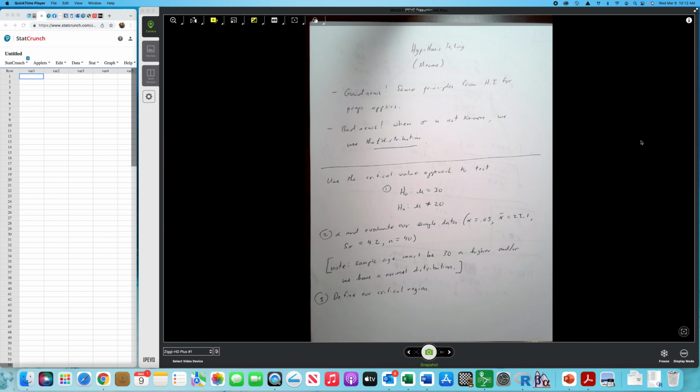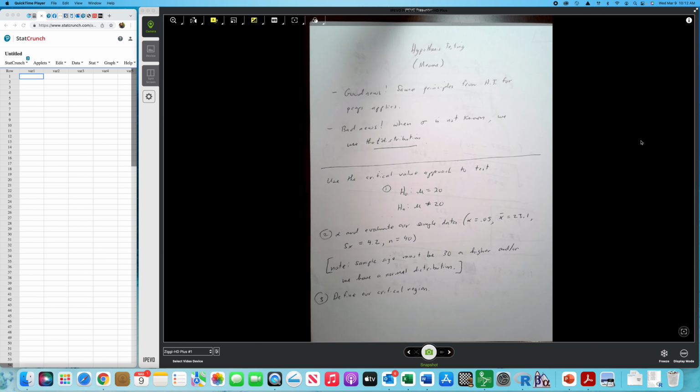So what I'm going to do is take you through one example three different ways. We're going to see how the critical value approach works. Then we're going to look at the p-value approach. And then I'm going to look at how we would work this with technology, which is typically the way you're going to